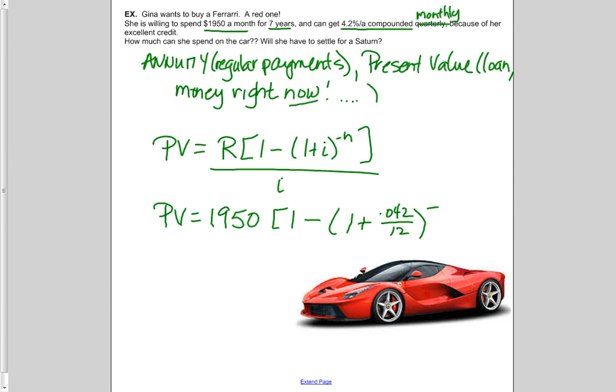It is every month for 7 years. 7 times 12, 84, over whatever this nasty decimal is. Decimal 0.042 over 12. Very carefully, and you may write as many lines as you wish, but be careful of rounding errors. The present value is